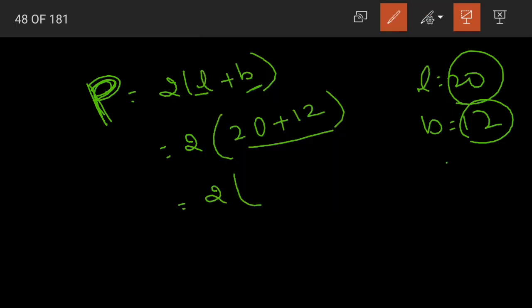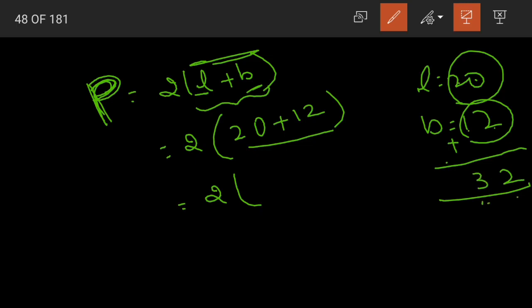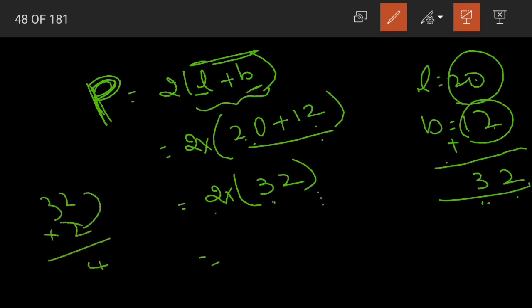Let us add here. Again children, if you remember, as length and breadth are together inside this bracket, first we have to solve this part. Yes, the part that is inside the bracket. 0 plus 2, 2. 2 plus 1, 3. 32. The sum of length and breadth is 32. Yes, now what should we do? We should multiply 2 into 32 is equal to, 2 2s are 4, 2 3s are 6. 64.